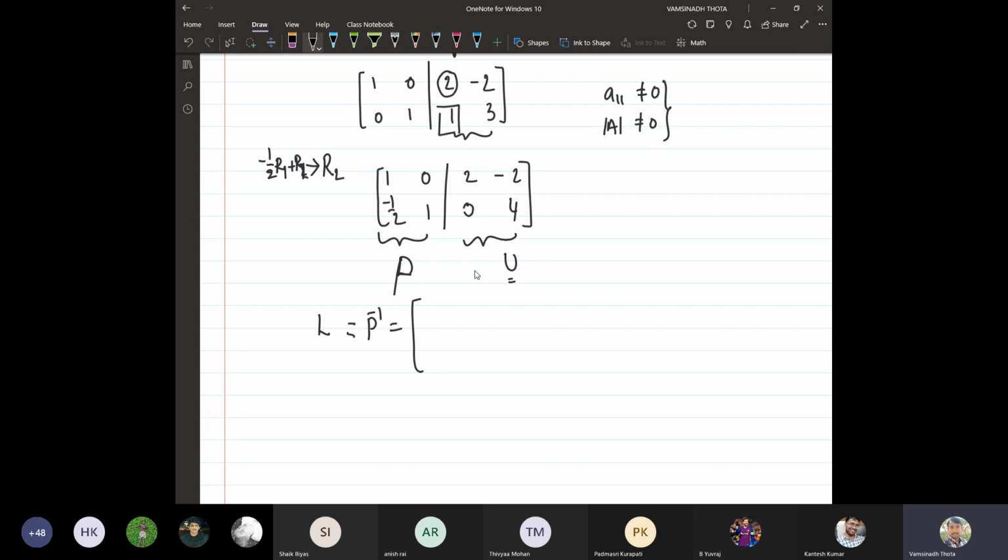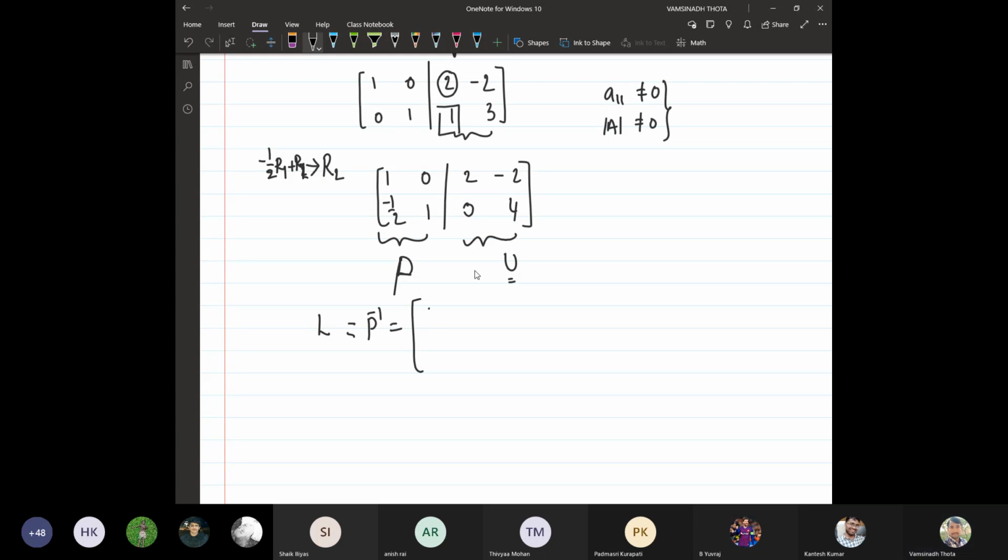So now what about this? This is a 2 by 2 matrix, so find the inverse. What is the determinant first? 1. The determinant is 1 only. Why? Because this is a lower triangular matrix with all the diagonal entries as 1, and hence the determinant is nothing but the product of the diagonal entries, that has to be 1.